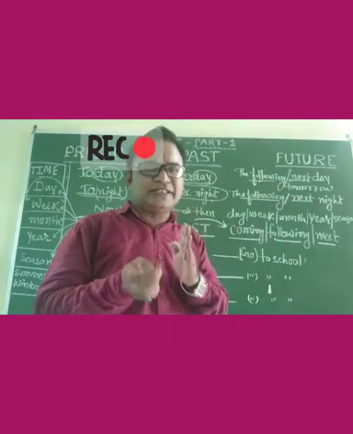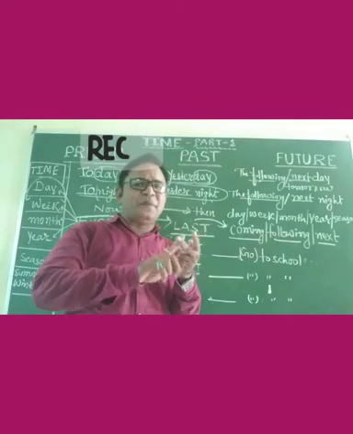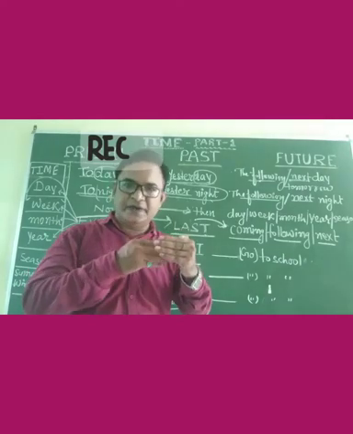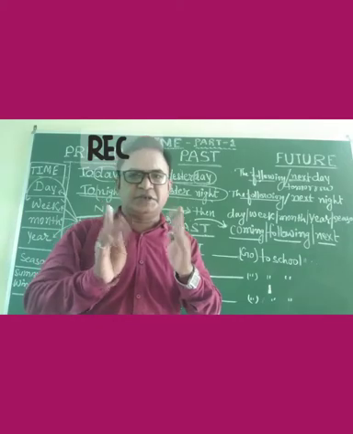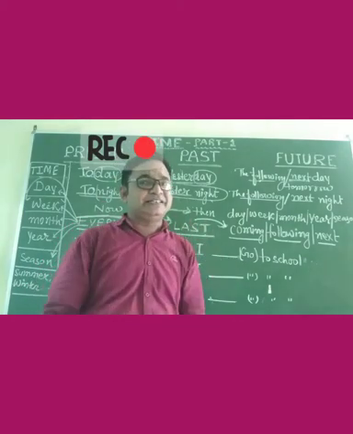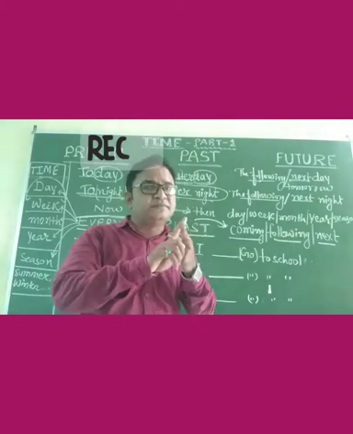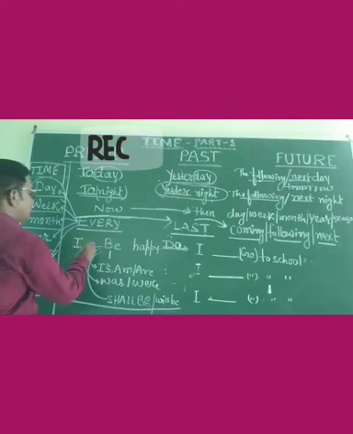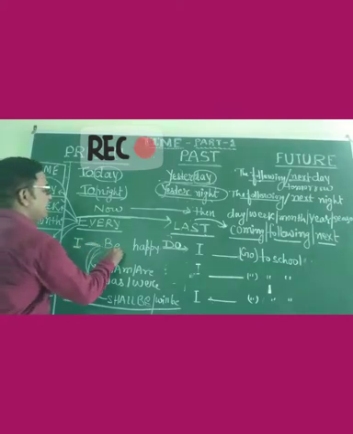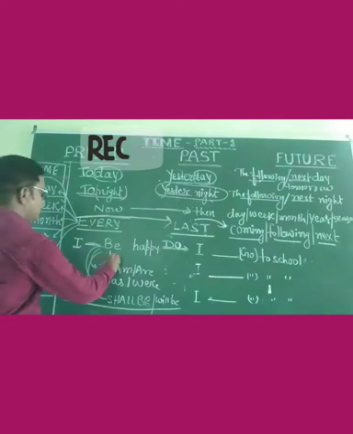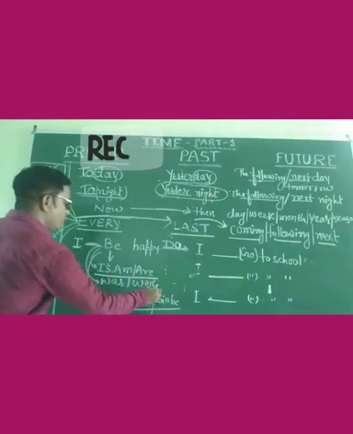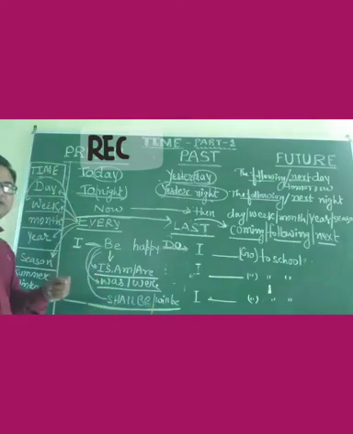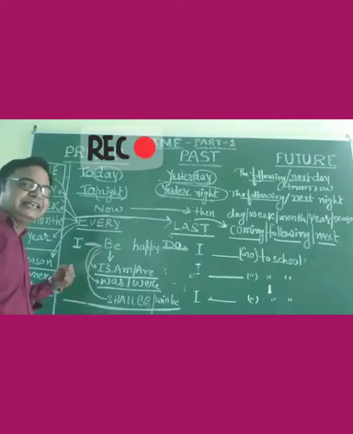Now, what connection do these different present, past and future times have with our action? Definitely, they do have a connection. What are these connections? Let us see the example of do verb and be verb. See, here you can see I blank is there, be happy. So be stands for what? Is, am, are for present, was, were for past, and shall be, will be for future. So how are these going to be used in a sentence?